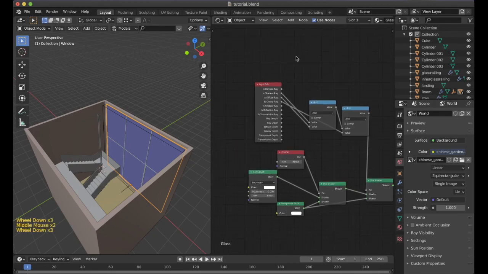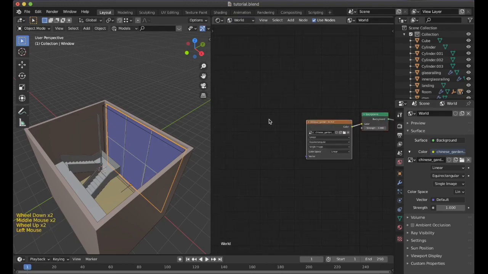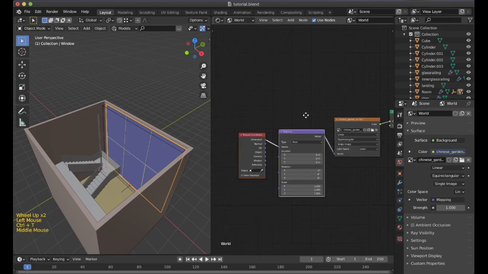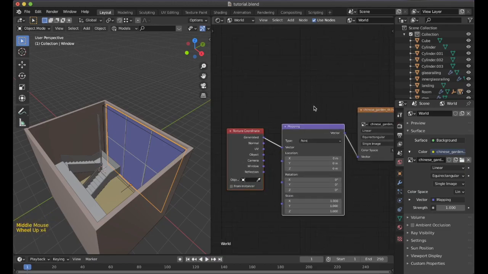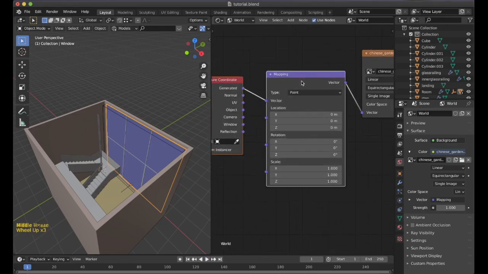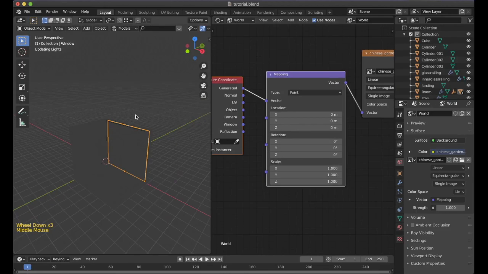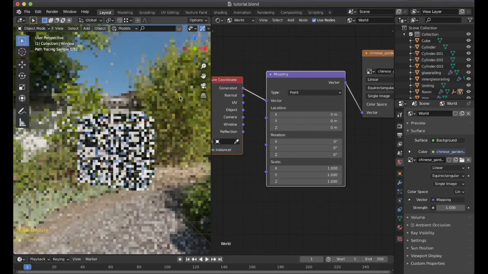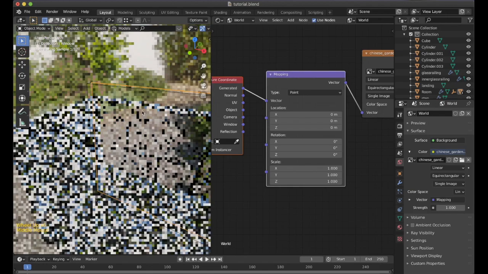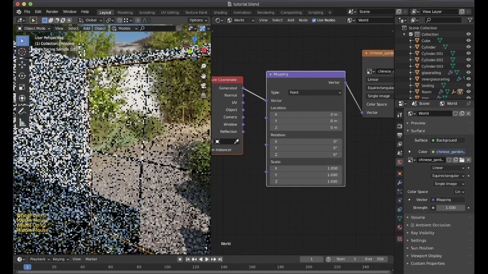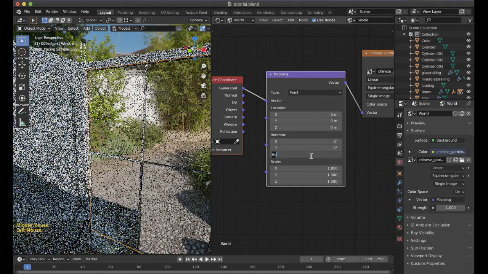Now to change the settings of the HDRI, what we can do is we can go to the world settings in the shader menu. This time we will use the Control T option. This will only work if you have the Node Wrangler add-on setup. Now first let me go into the render settings and then we will see. So currently it is set up at this. If I want to change it a bit, I can give it a rotation of around 20 degrees and then I'll save it.